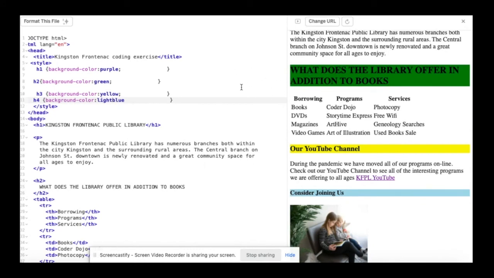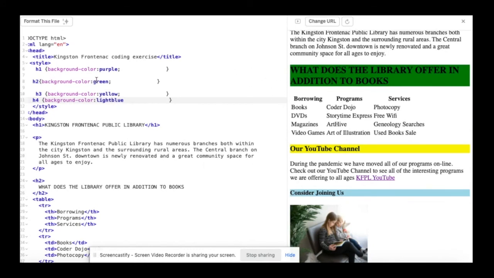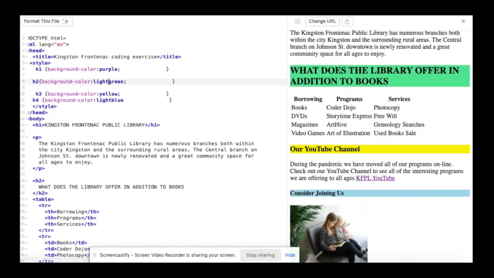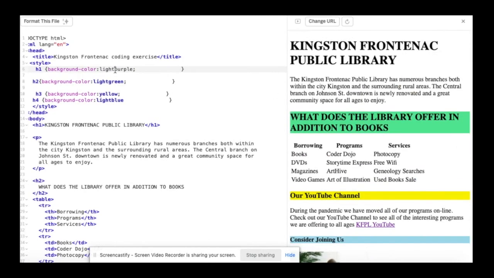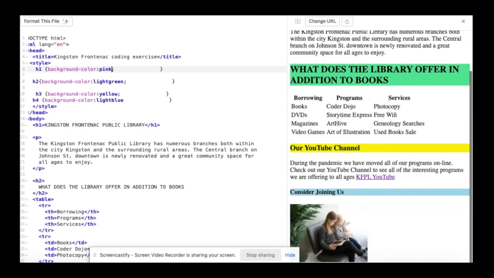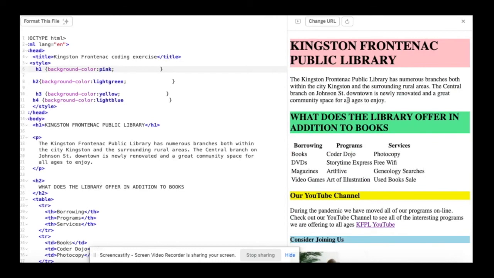So you can play around. I would like to try a lighter green color, so I'll try that. And there's a lighter green. I'd even like to try a lighter purple. As this is just our background colors, there is no light purple. So let's try pink. See if I like the look of that. Yeah, that's good. So more of the pastel shades here, nothing too bold for our background colors.